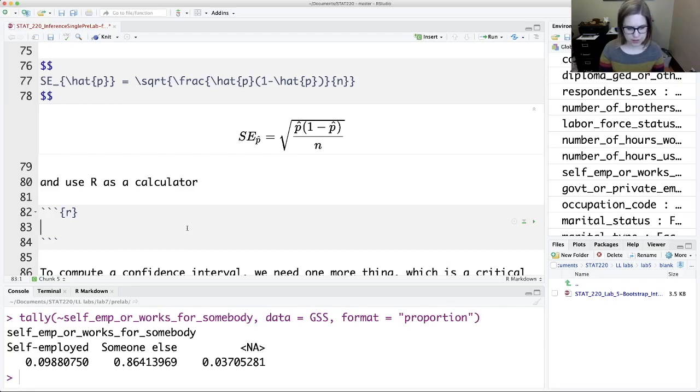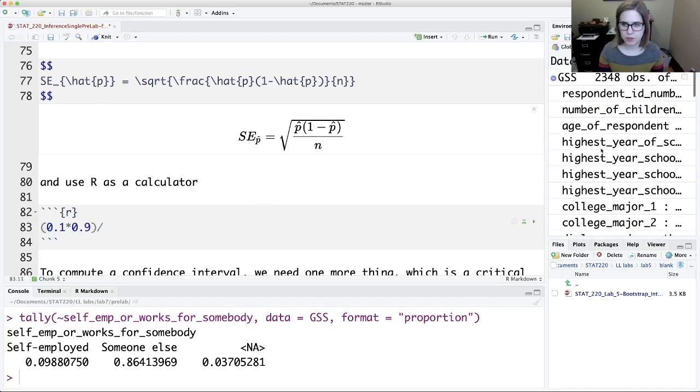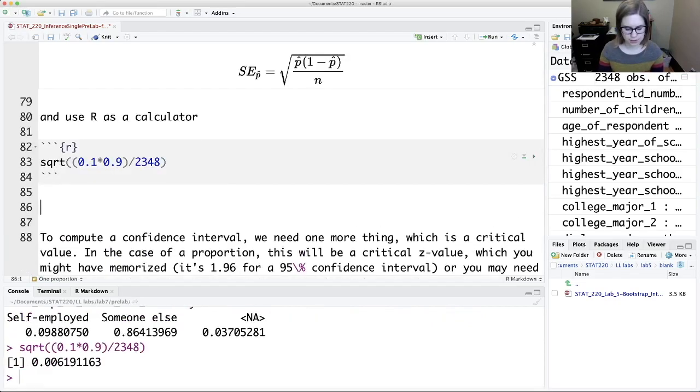So the way I'm going to do it is I'm just going to round to 0.1, and then I know that 1 minus 0.1 is 0.9. I'm going to put parentheses around those numbers, and then I'm going to divide by the n, which is the number of rows, 2348. And then I'm going to put a square root around the whole thing, SQRT, parenthesis, and then I'm going to get a little error here, unmatched opening bracket, because I need to close off that last parenthesis. Then I can control enter, and our standard error is